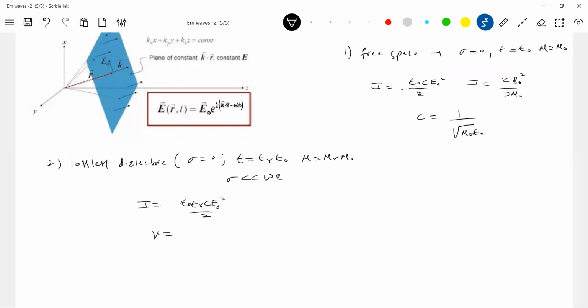Now, what is the expression for speed? I'll put a special condition. Here I wrote mu r, let mu r equal 1 for glass. So what will the speed of the wave become? V equal to C by